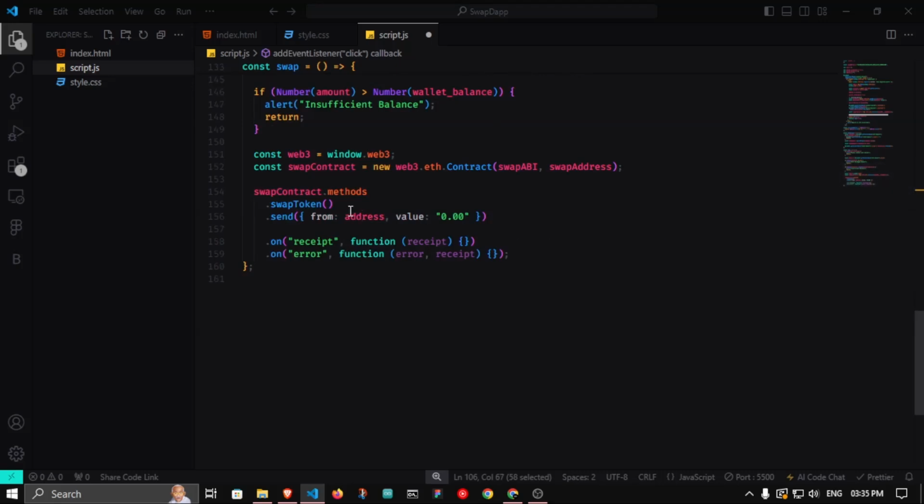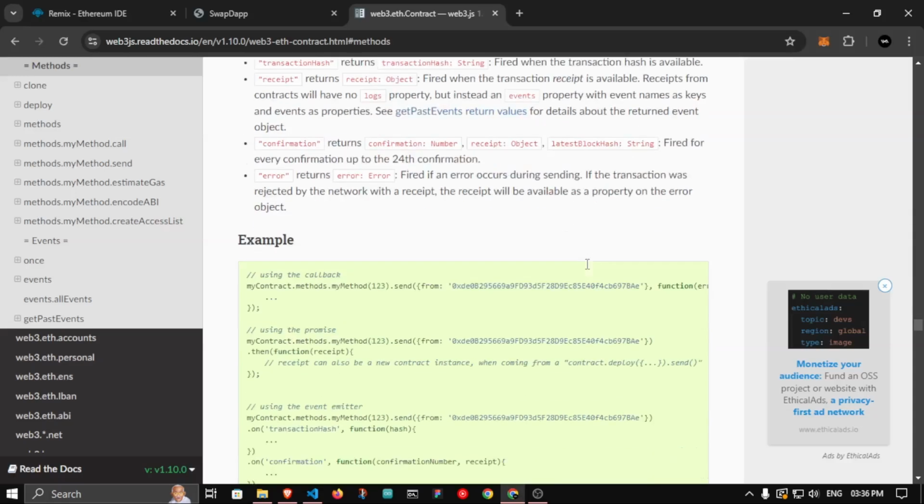But if you look closely at this function, we are going to swap, we are going to perform some calculations, we are going to write some changes. That's why we have to use send here. So always keep this in mind. And to send value, we can